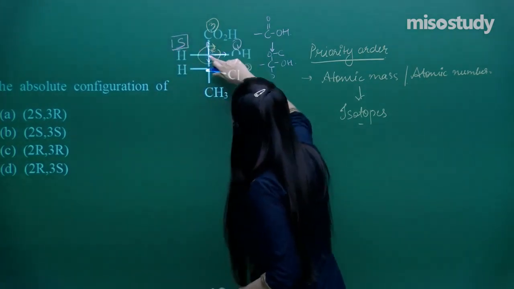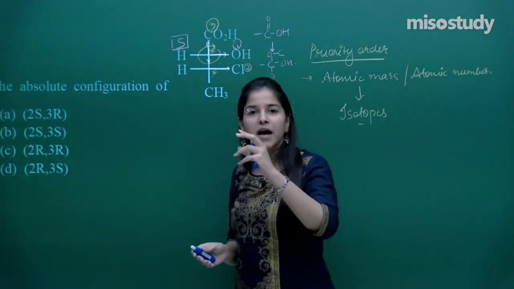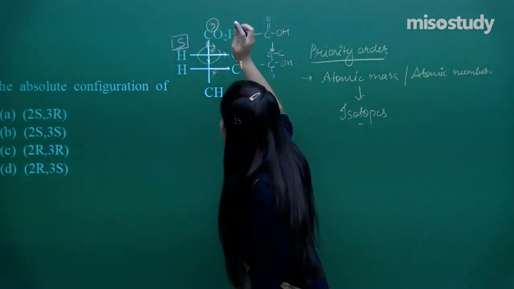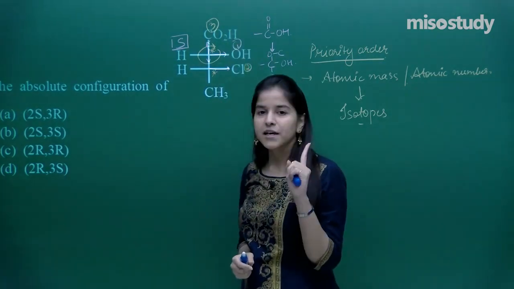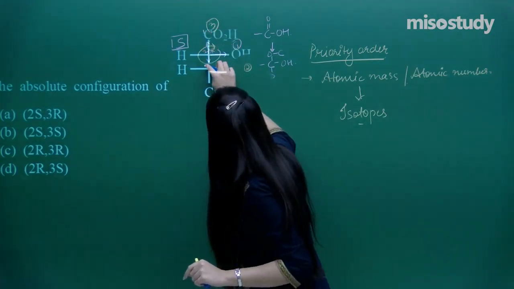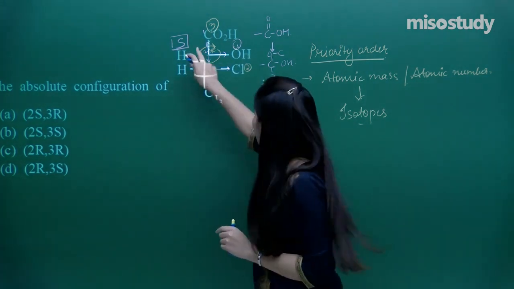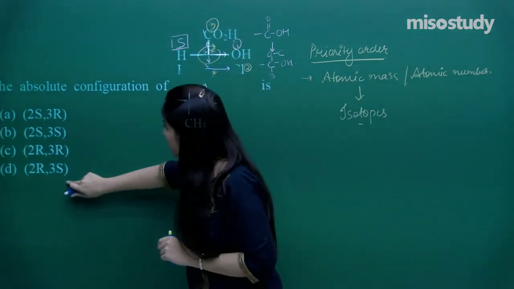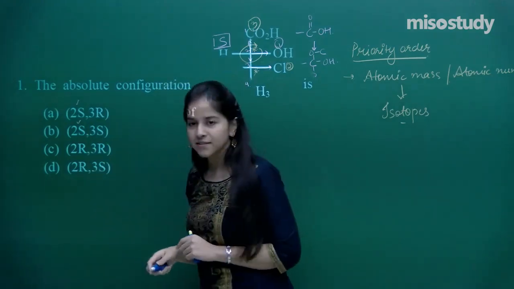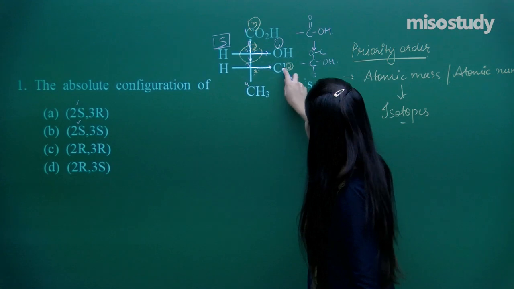So that is for the carbon number. If I try to have a proper numbering of the carbons during the formation of the word root, I will be numbering the carboxylic acid carbon as 1, followed by 2. So I have 1, 2, 3 and 4. That is how we are going to number the carbons. So on the 2 I have got S. Can you see any kind of options? Yes, I have got 2 options showing 2S. So that means I have eliminated the 2 possibilities. Let's just move on to the next.